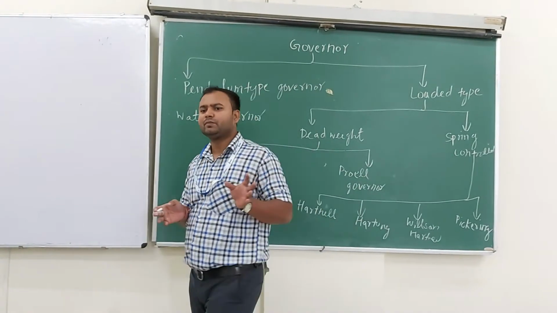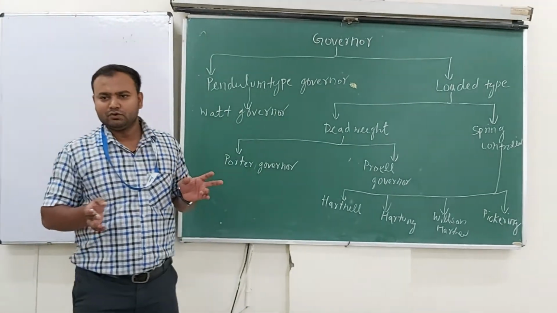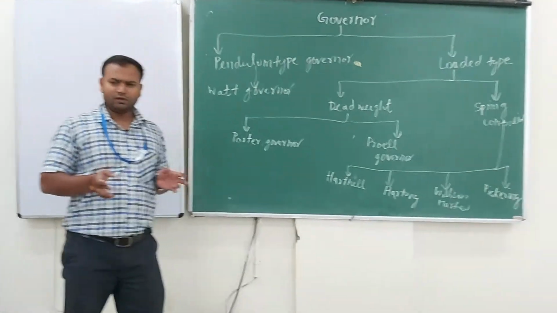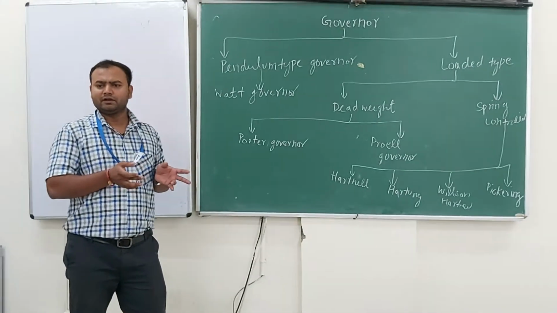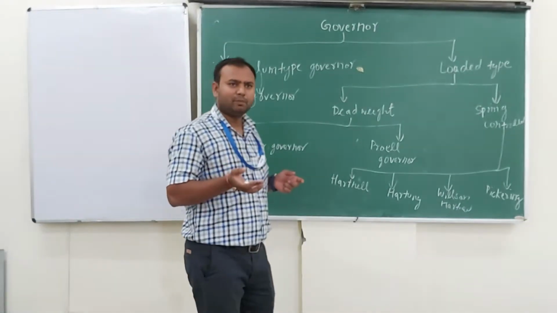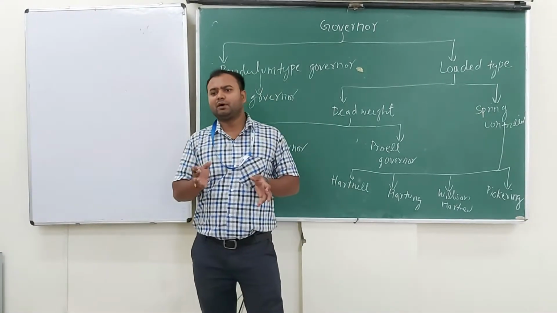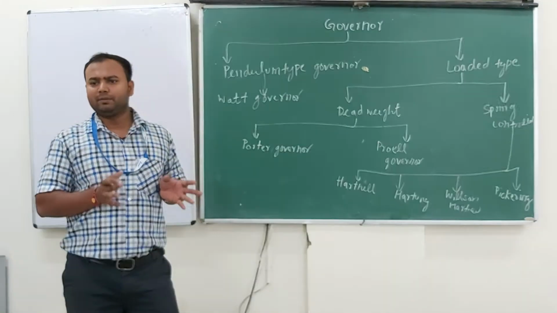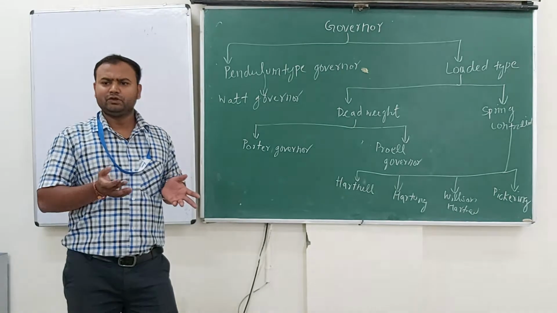Okay. We use governors in daily life. You have seen the sugarcane machine, in which when we pour sugarcane into the machine, the machine will suddenly slow down. Then we provide extra power and adjust it to the load. So that is a kind of governor we use in daily life.